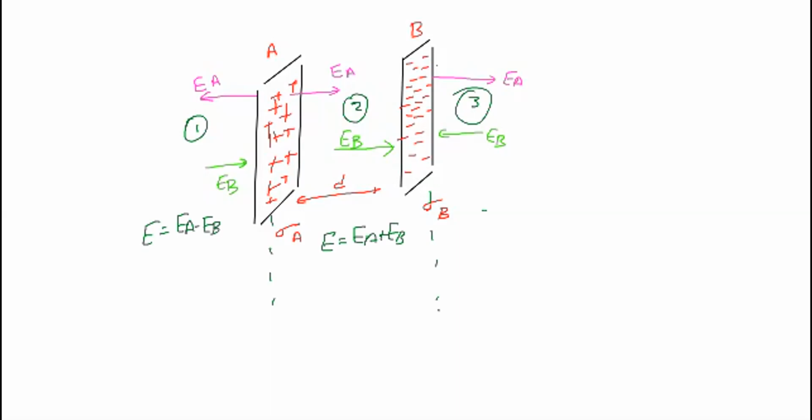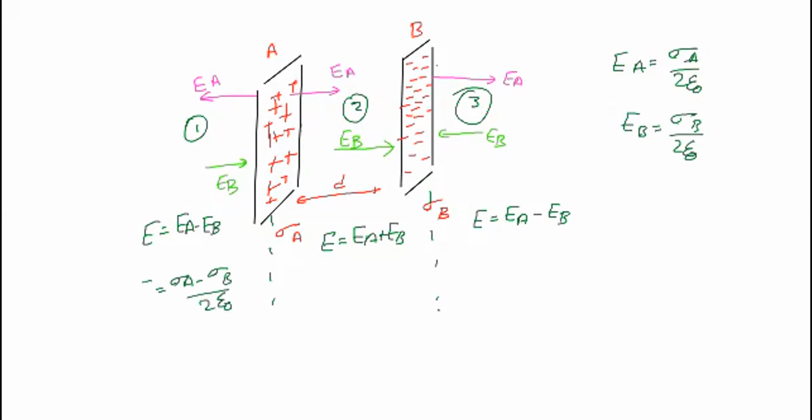Now, we already know for a single plate, EA is equal to sigma A by 2 epsilon. It is nothing but the electric field for a single plate. So EB is equal to sigma B by 2 epsilon. Now I'm going to substitute the relation here. So it is sigma A minus sigma B by 2 epsilon. The denominator is the same. For this case,